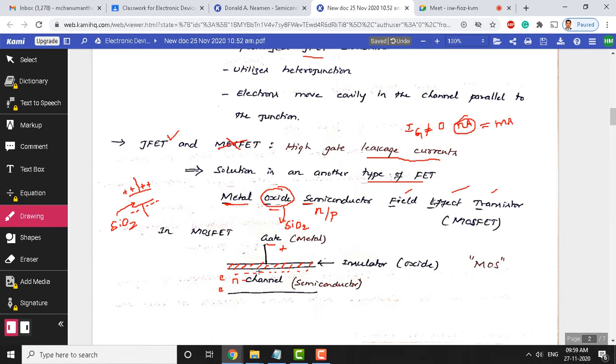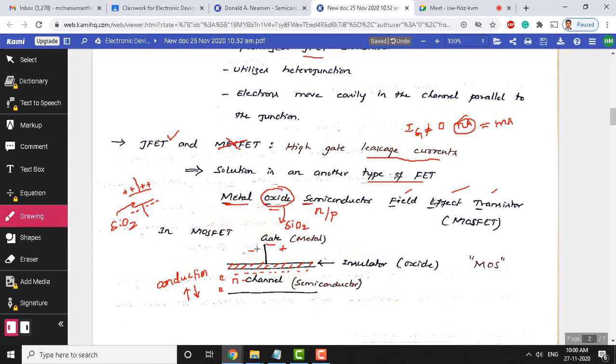If it is an N channel, see what happens if you apply negative voltage here. When you apply negative voltage here, positive charges, the minority carriers, get induced beneath the silicon dioxide, and that reduces the conduction here. As I already told you, the channel is a region in which the conduction can be varied. So, in this region the conduction can be increased or decreased. That is one of the principles of operation of a transistor. By applying different gate voltages, the conduction can be increased or decreased.